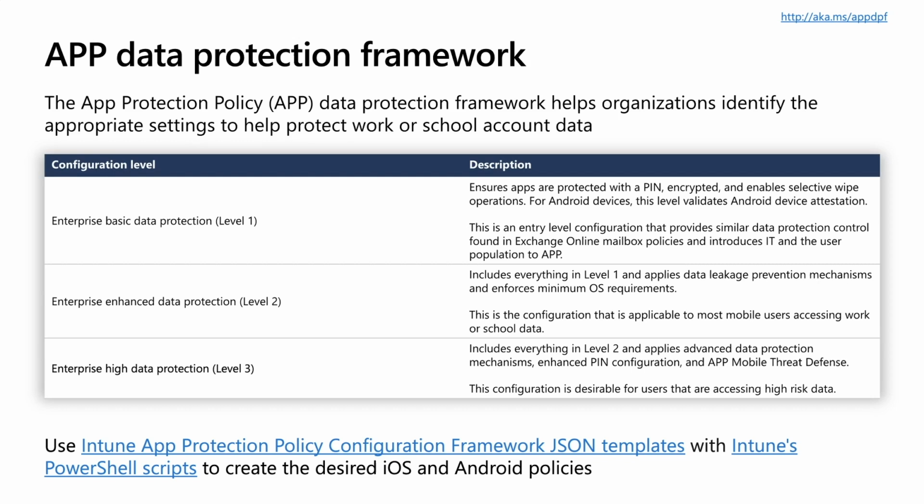We've broken this down into 3 distinct configuration levels: basic data protection, enhanced data protection, and high data protection. The basic data protection configuration level is designed to be an entry point into implementing app protection policies. This configuration level effectively mirrors Exchange Online mobile device mailbox policies, which you may be utilizing today, by introducing, for all of the mobile apps that can be protected by an app protection policy, PIN and encryption settings. It also introduces a number of conditional launch settings like Android device SafetyNet attestation, which ensures that the device